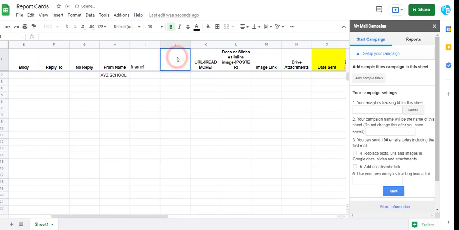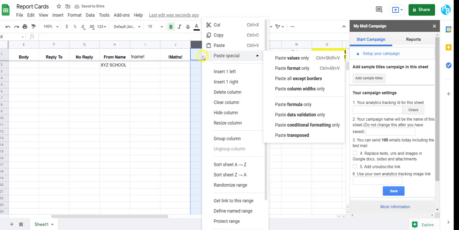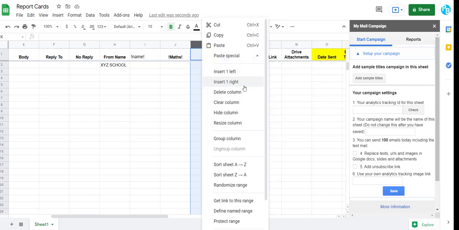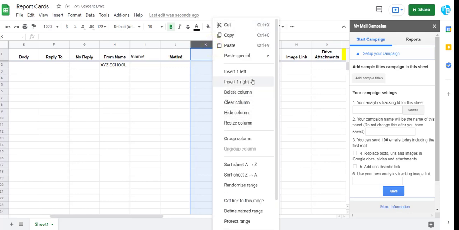You can even insert more columns or delete columns as per your requirements. Here, I'm going to insert more columns for my grades. Right-click on the column and you can insert the columns.